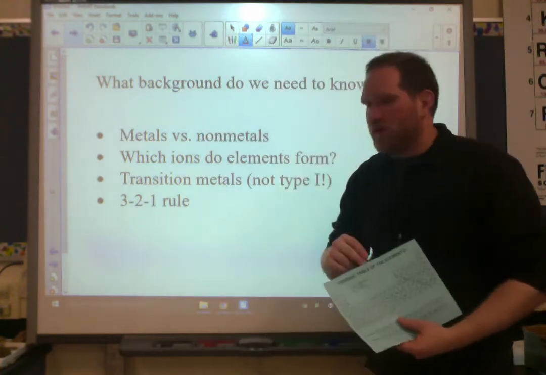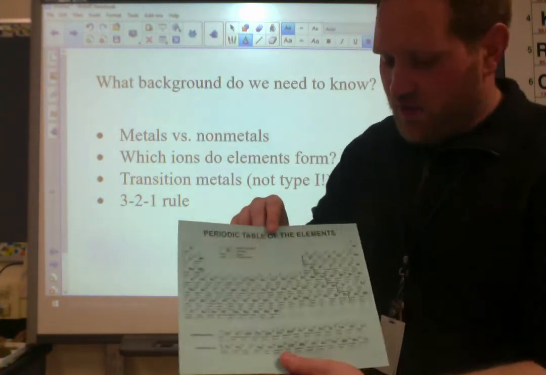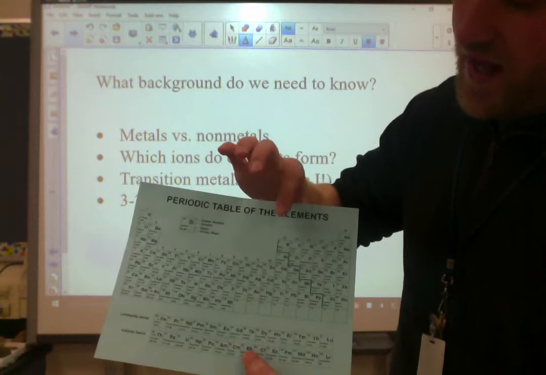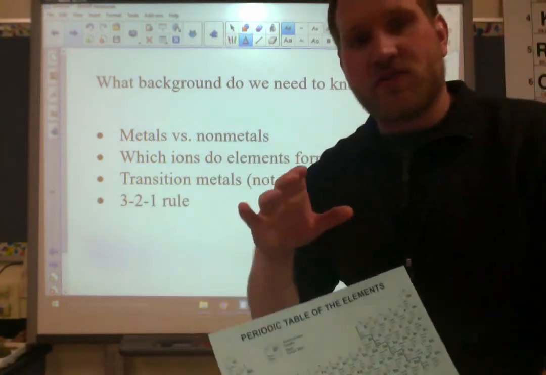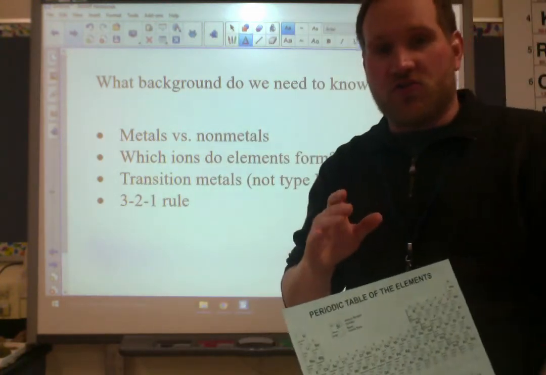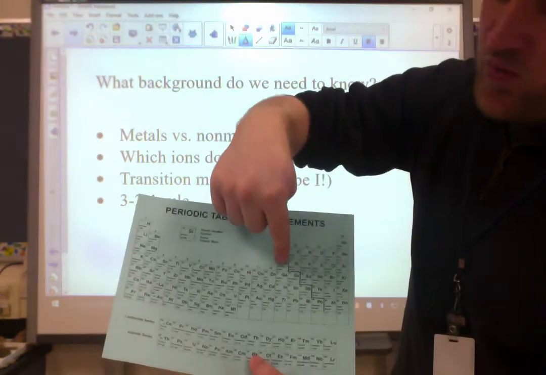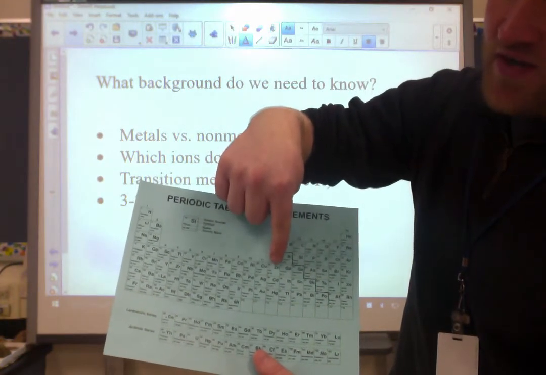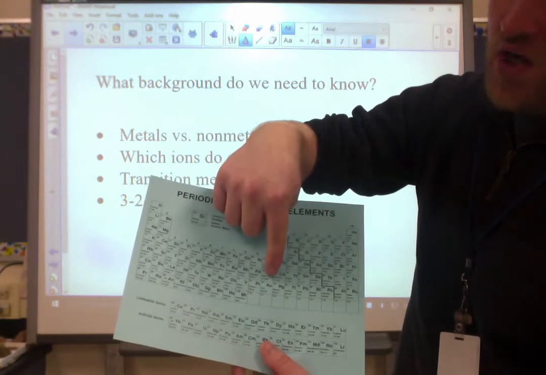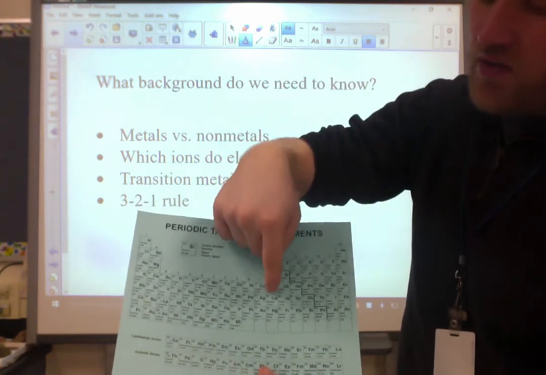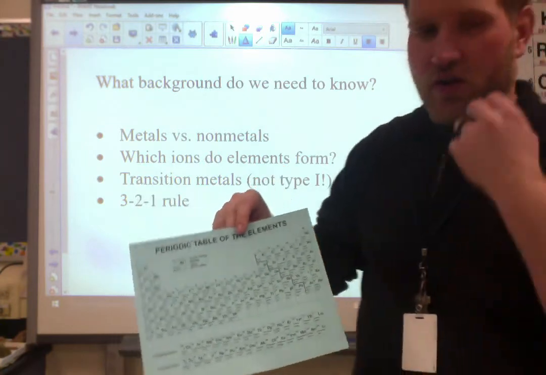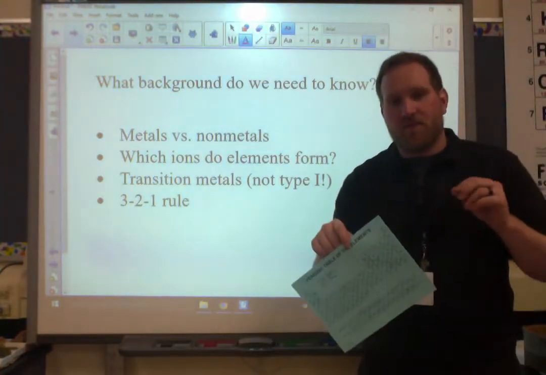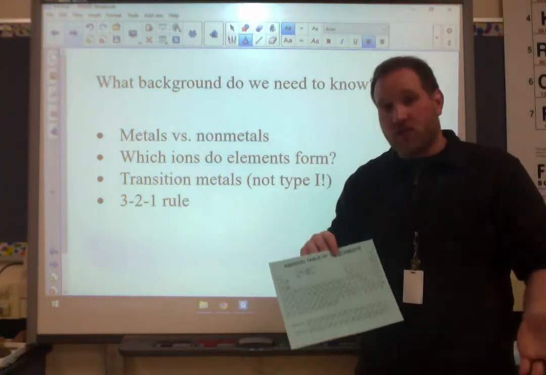And the last thing you have to know is the 3-2-1 rule. That's the name we have for 3 elements that are within the transition metals, but always have a fixed charge, so they're considered type 1. And that's aluminum, zinc, and silver. Al always forms 3+, Zn always forms 2+, Ag always forms 1+. So even though these two, zinc and silver, are located within the transition metals, they're considered type 1 because they